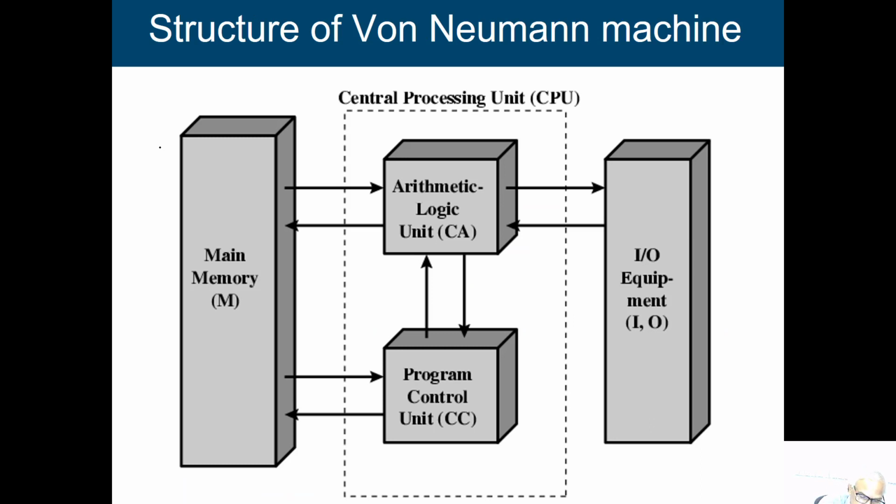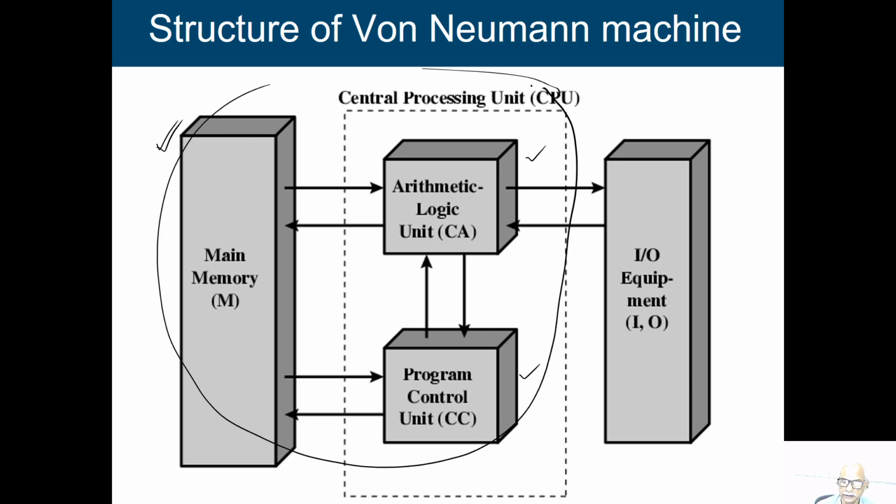We have seen that this is the storage area, main memory, ALU and program control unit, and we can mention that this can be treated as a closed system, and the CPU, or central processing unit, can work with the contents of this main memory. Now, to get the information or data into the main memory, or to give the result to the user from the computer, we need I/O equipment, input output equipment. Alright. So, this is the way that we view the structure of the von Neumann machine.